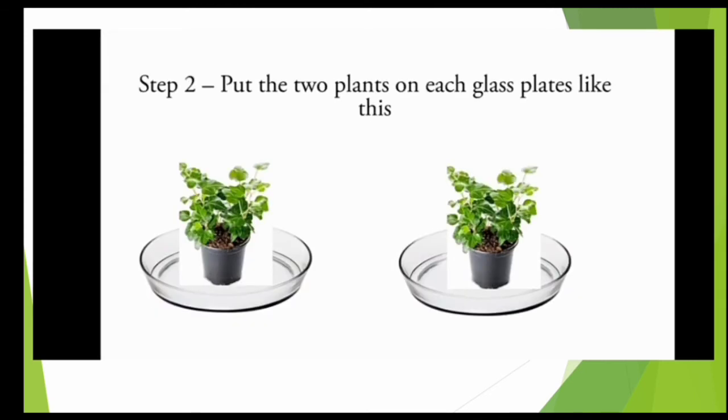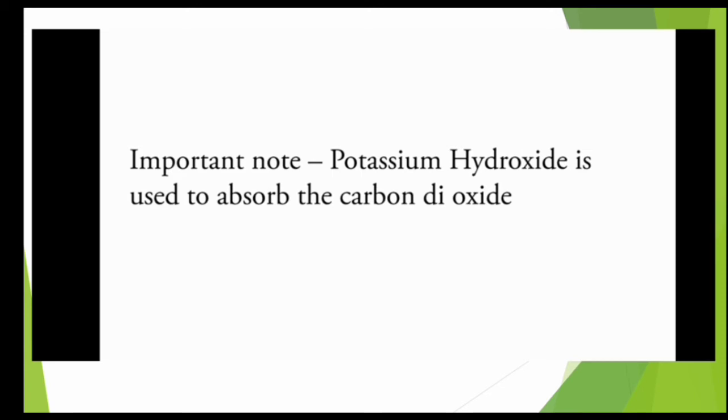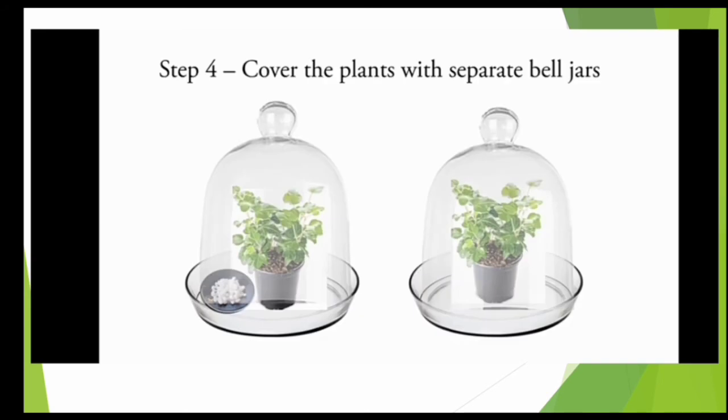Step 2: put the two plants on washed glass plates like this, and then cover them with a bell jar. Potassium hydroxide is used to absorb carbon dioxide in this activity. So in the next step, cover the plants with separate bell jars. And in one of the bell jars, covering the potted plant, you have to put KOH, that is potassium hydroxide, because it will absorb or consume